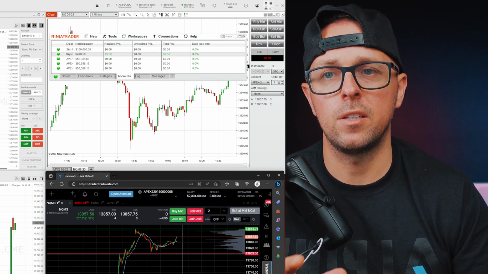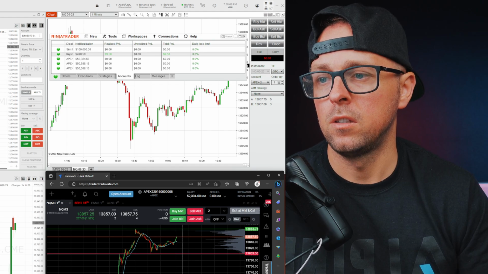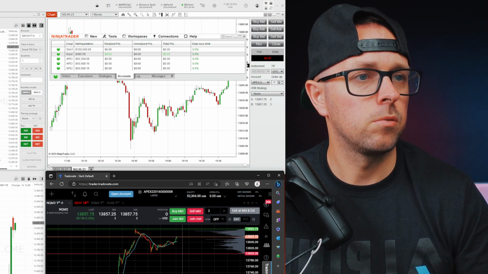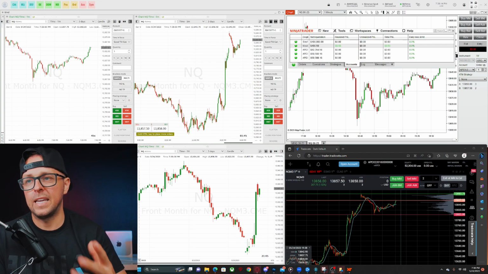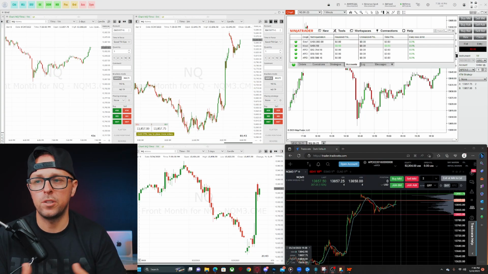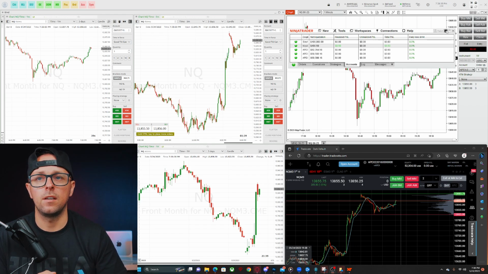I did trade them yesterday, but just opened and closed the trade. So today was the first day. So that's what they stand at. And let me show you guys my actual layout. This is only on 1 screen. Usually I have it spread out over 2 screens, but just so you get an idea what I'm using and